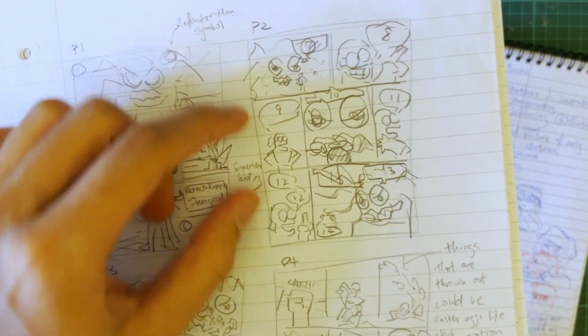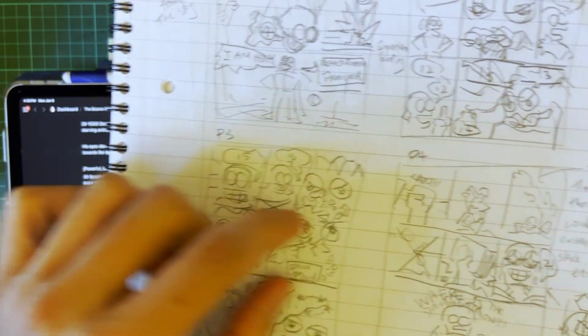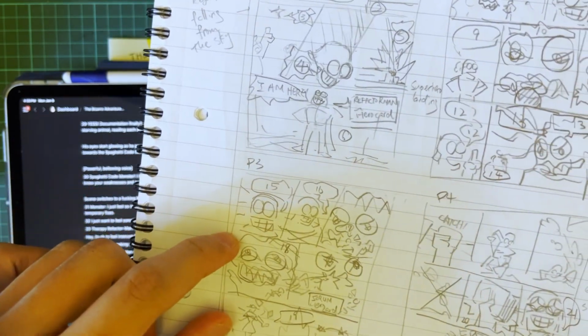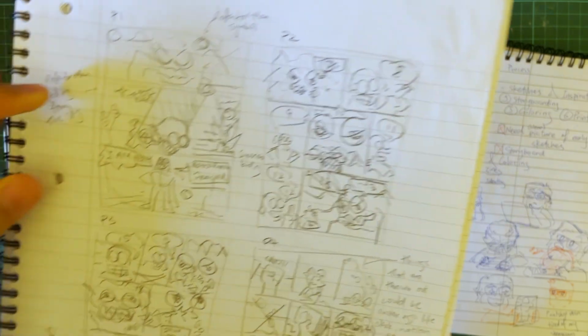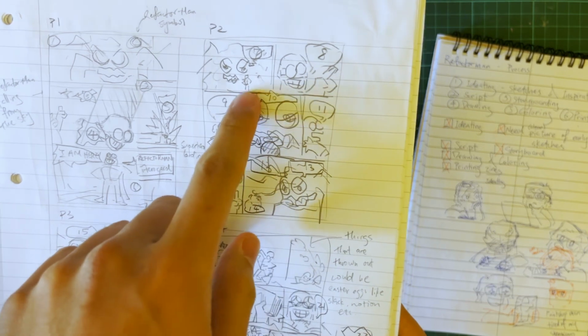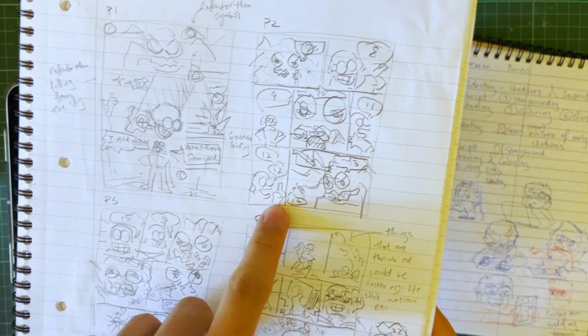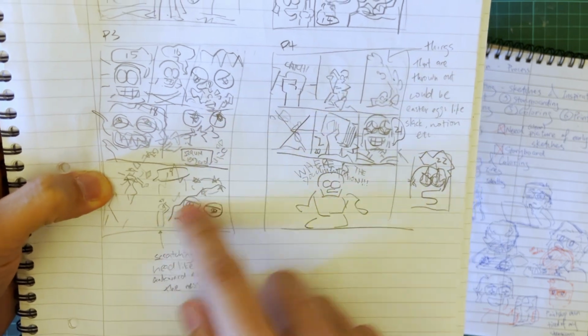So I normally split it into like 3 are these rows or columns? I can never get them right. Oh, they're rows. Each page is split into 3 rows, and then I chop them up into different frames. So you can see here there's different shapes of the frames, and then also kind of what the composition is